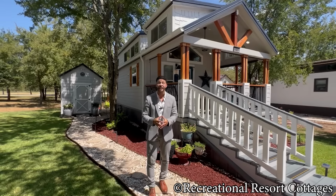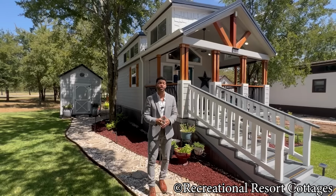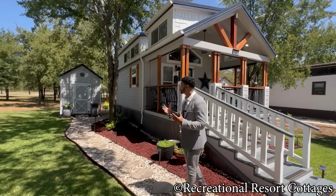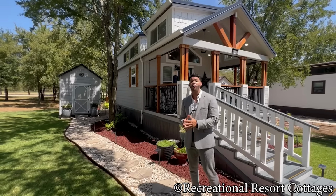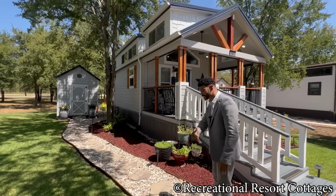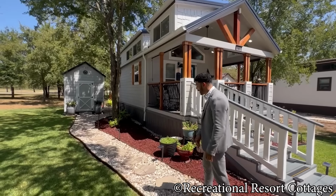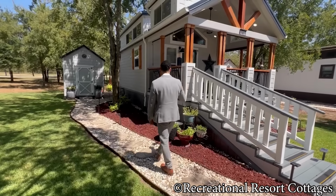And as you can see, they've definitely put some love into this property. We'll start here on the exterior of the home, because this right here is going to show you the possibilities of what a park model tiny home can look like after the point of delivery. As you can see here, they have sodded the grass in this location. You'll see they've made a beautiful stone walkway, but let's focus on the side of the home